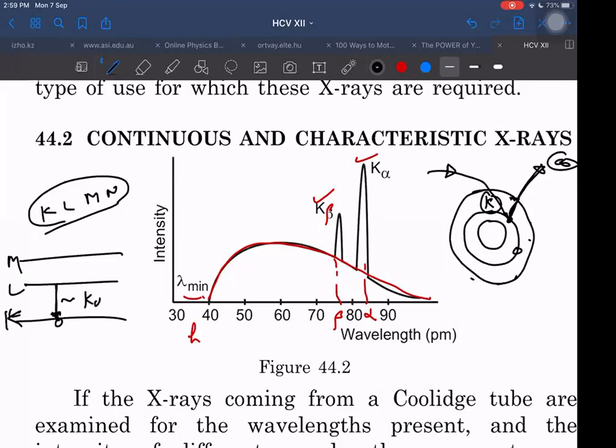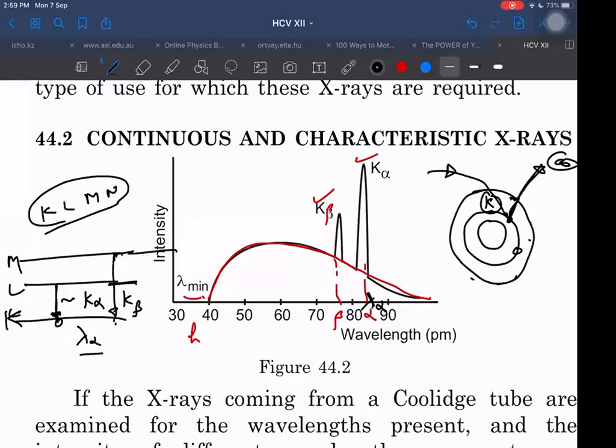We call it the K alpha transition photon, or sometimes lambda alpha. What do we mean by alpha and beta here? Alpha is when it comes from L to K. Sometimes an M shell electron may come to K instead, although L to K has higher probability. If an M shell electron comes to K, we call such a transition K beta.